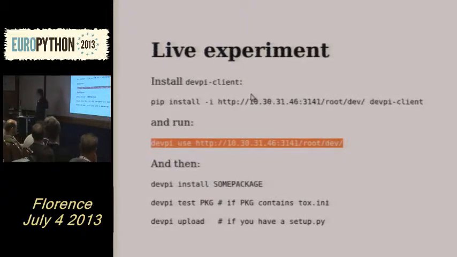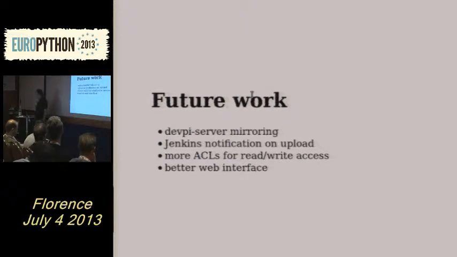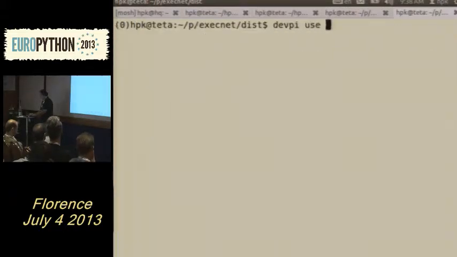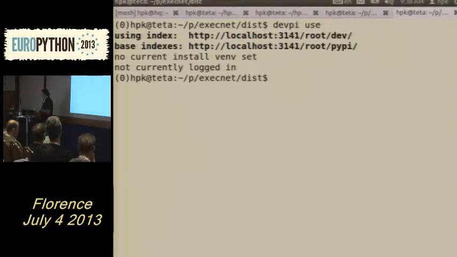Yes? Do you mind if we ask questions, or do you want to finish your presentation first? It's almost finished. I can just say two more slides basically, but yeah. Go ahead. Okay. So I just said that devpi use your laptop basically. What if I want to revert? Do I use localhost? Yes. devpi use just shows you where you are, and you can also log in and things like this. I didn't show the whole login user stuff, but